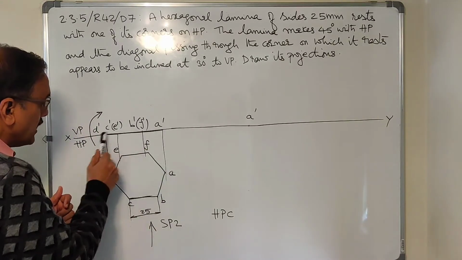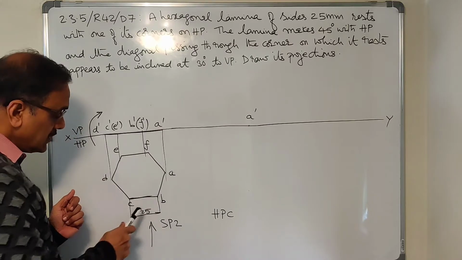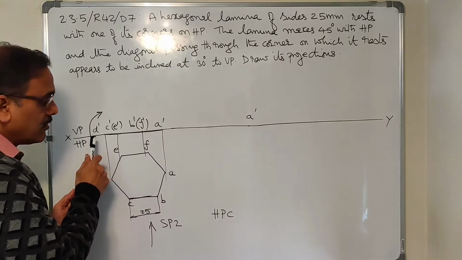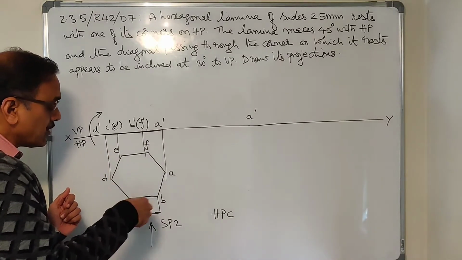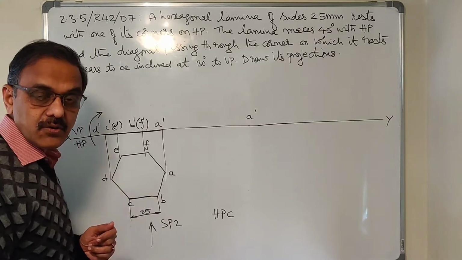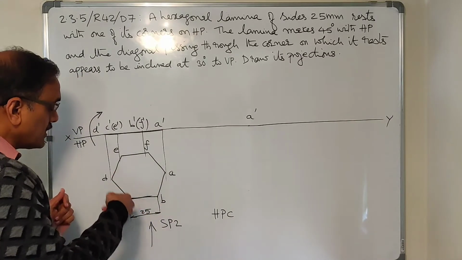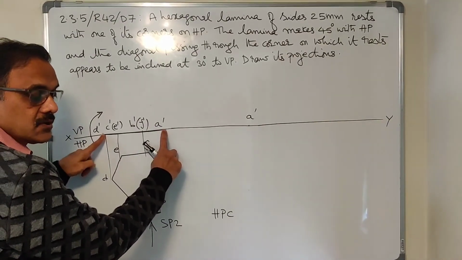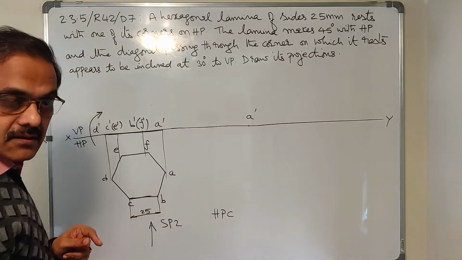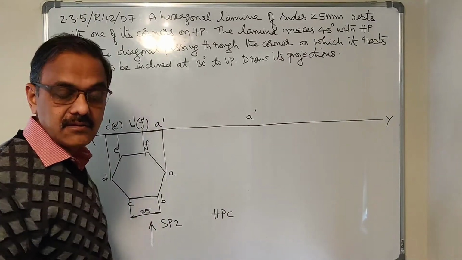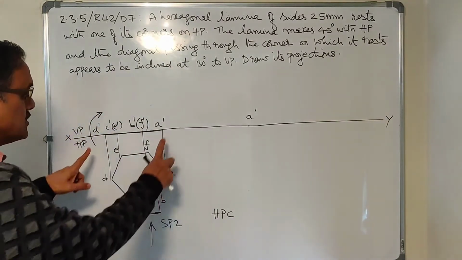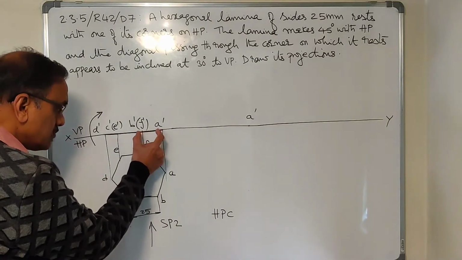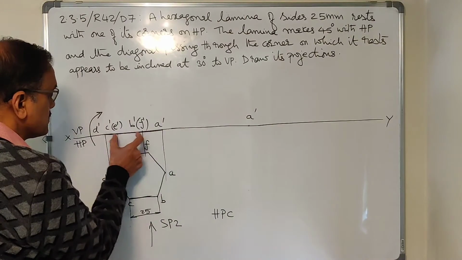Can you tell me what will be the length of this line? The edge is 25. What will be the length of this line? The length of that line will be 50 because it is nothing but the diameter of the circle. When you draw the hexagon manually, you start by drawing a circle first, and this is nothing but the diameter of the circle. Okay, so it will be twice the radius of the circle, which is 25. In other words, the diameter is 50. That means this length is also 50. Okay, but these will be some fractions, so please transfer the distances here using compass. Don't use scale.